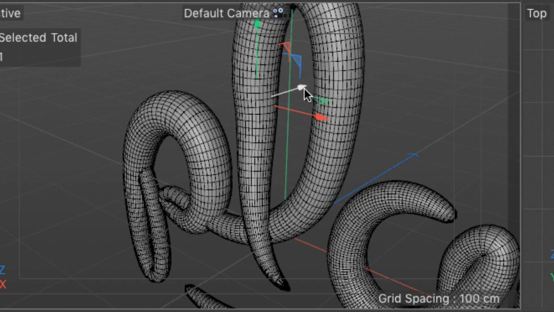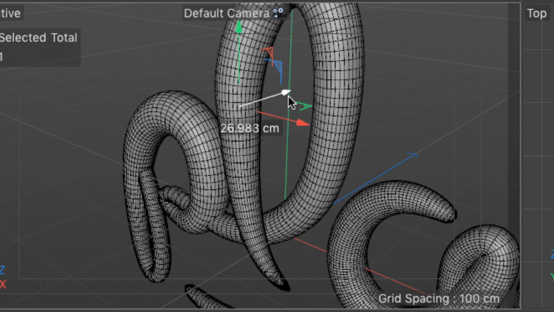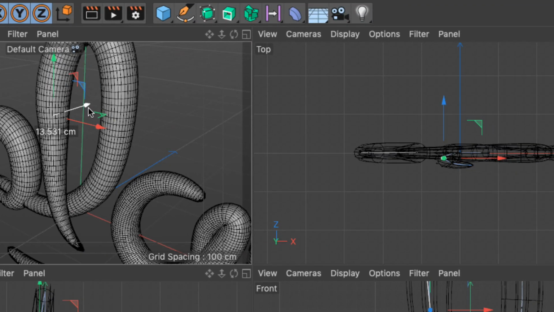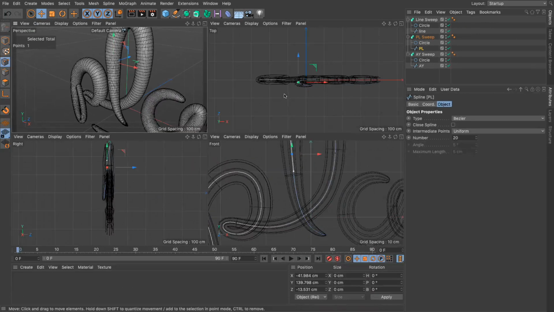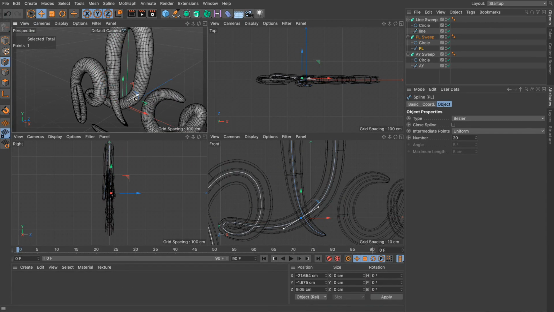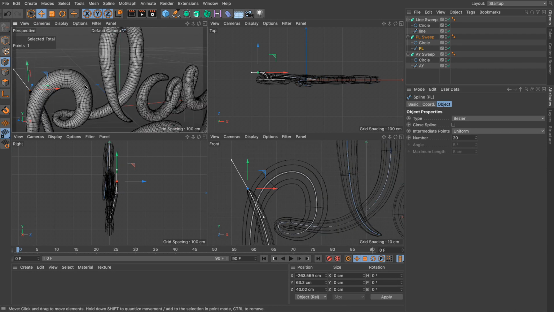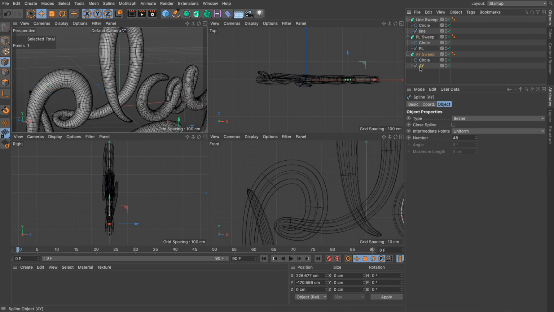So if I go here and hover over the blue arrow and click and drag, I'm moving it in the Z direction. And you can see how it changes in the rest of the view, so you have a good idea of what's going on. Let me continue here quickly so I get this all done. Whenever you're ready to move to another spline, just go and select that spline and continue appropriately.